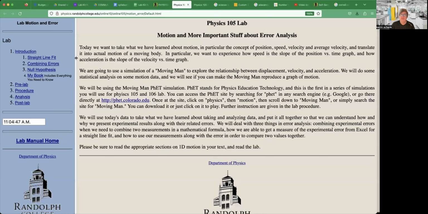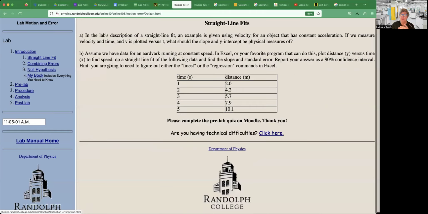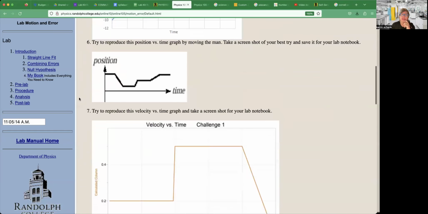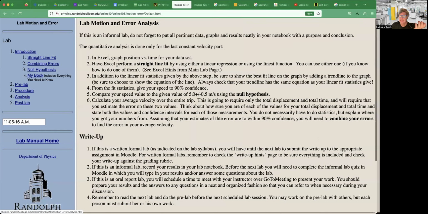So for instance, here is motion and error, and it tells you what to do. There's all these little things like, okay, how do you do a straight line fit and things like that here that you need to know. And then there's the pre-lab, but you notice the pre-lab is going to tell you to go do this on Moodle, right? It's just the same thing that's in the pre-lab here. Okay. And then there's the procedure, what to do. Okay, pretty detailed. And the analysis,